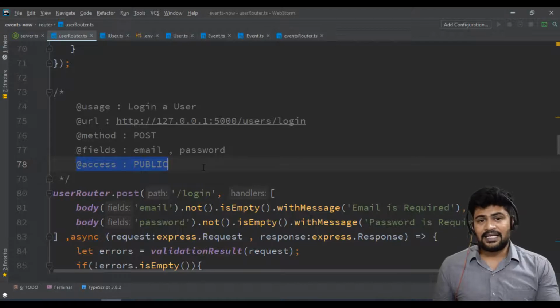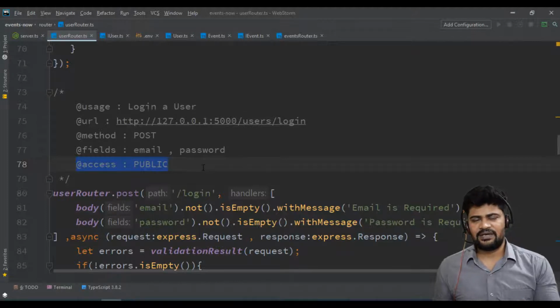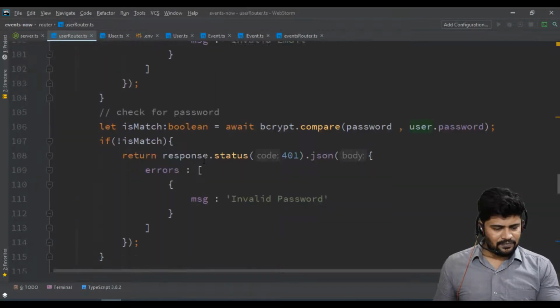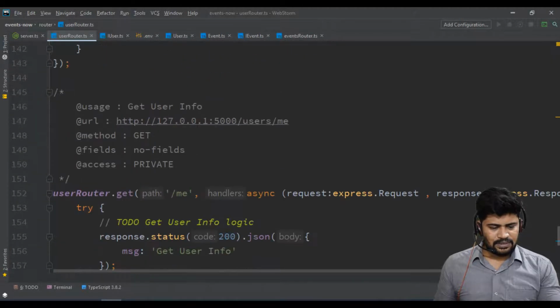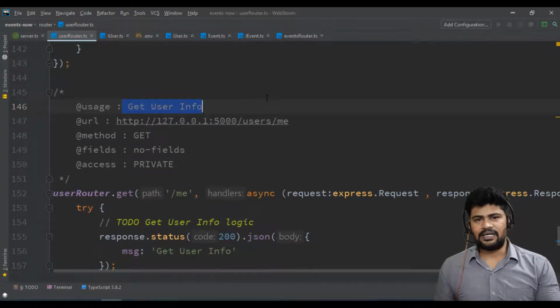And there are some private requests. For example, if you want to upload an event to the system, you must have login access. And we have another route, get user information. If you want to get a particular user's information, you must be logged in.